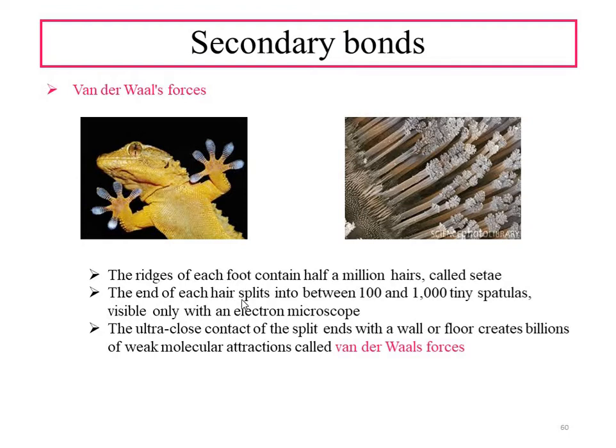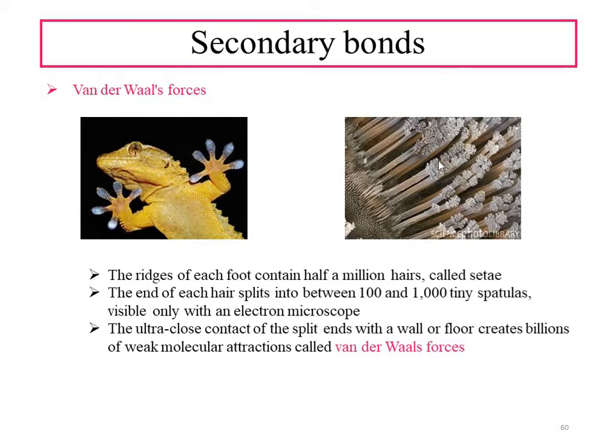The end of each hair splits into between 100 to 1000 tiny spatulas, visible only with an electron microscope. This cannot even be seen under an ordinary microscope, so we need an electron microscope. So this is the leg of a lizard. You can see this is known as setae, and at the end you can see hundreds or thousands